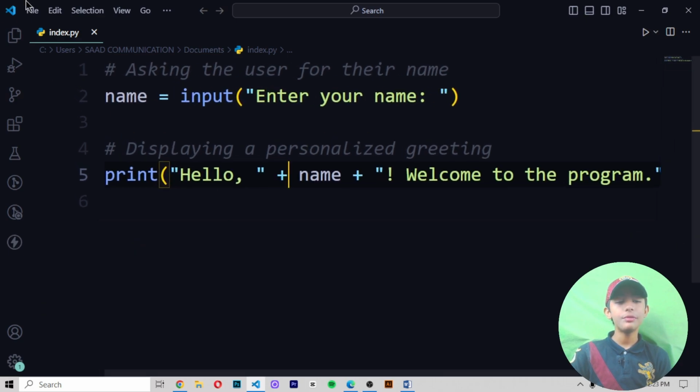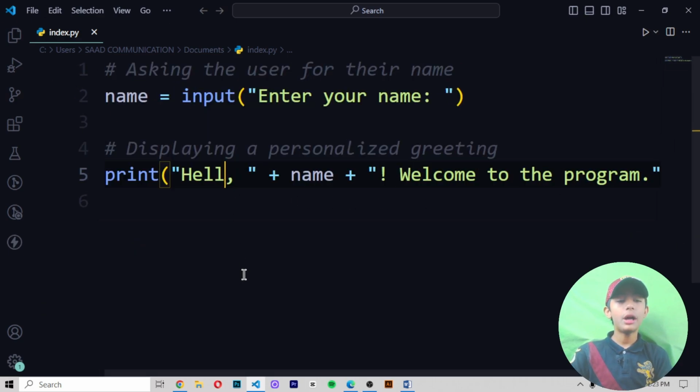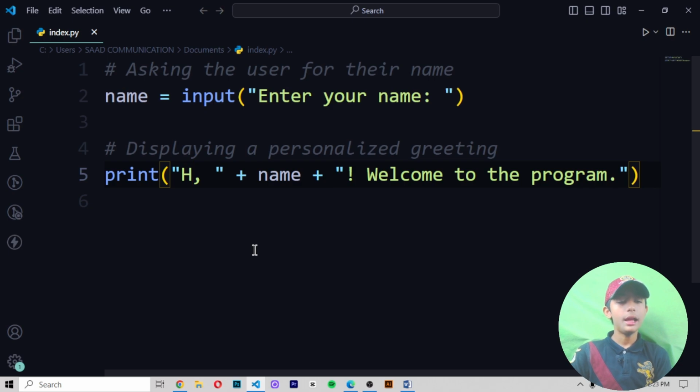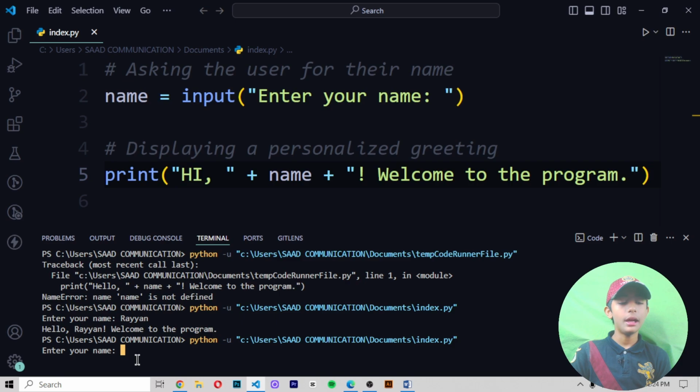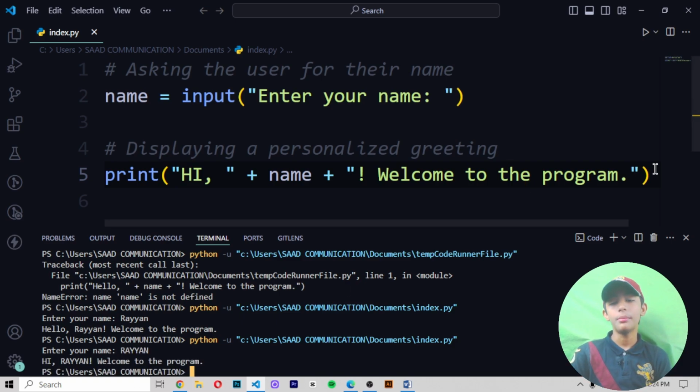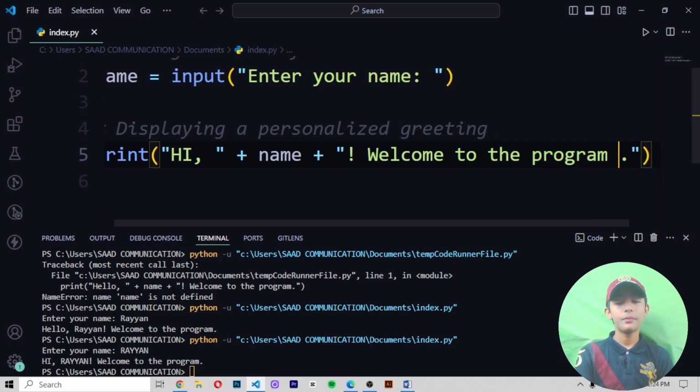Why is it giving me that? Because in the print function, first of all I write hello. If you want to write hi, you can write it. Then I open double quotes and close them, then I start new double quotes, and here I write plus name, meaning plus our name variable, then plus welcome to the program. Then when I save it, it gives me enter your name. When I write Rayyan, it gives me hi Rayyan, welcome to the program of the